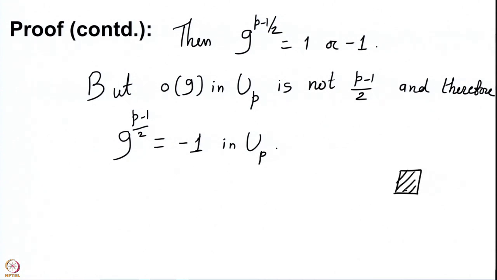So, what we have proved, once again I should recall this for you, is that the Legendre symbol can be computed very easily simply by taking the P minus 1 by 2th power of your natural number A and going modulo the prime P. So, we will see some more such things which will help us compute the Legendre symbols in the coming lectures.